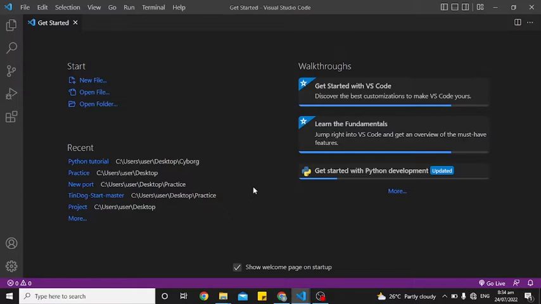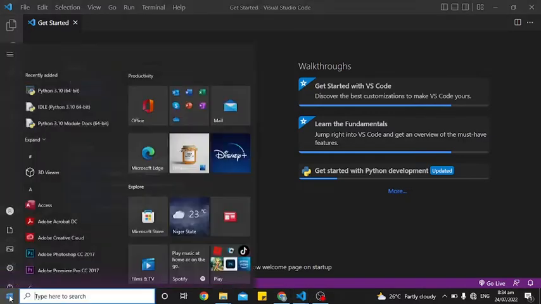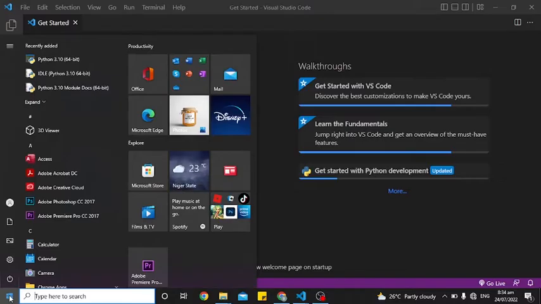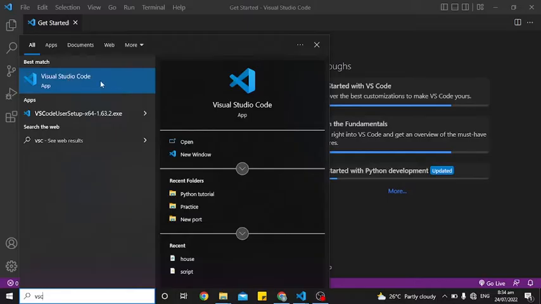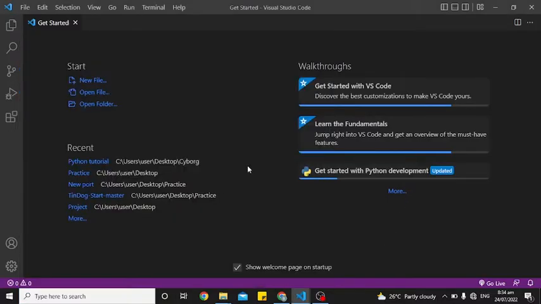To launch VS Code, what you need to do is go down to your start button and type in the search bar VS Code, and here you see VS Code. So click on it and it comes out. Then you launch your VS Code. Now Visual Studio Code opens up,